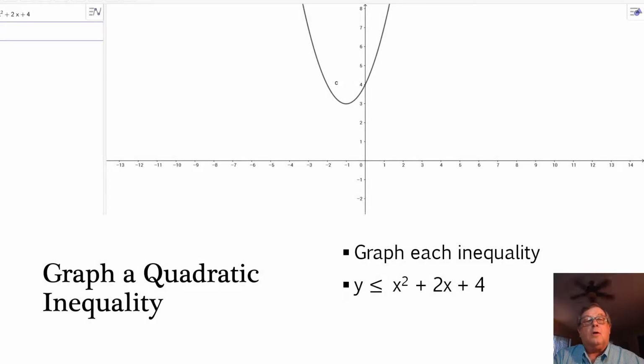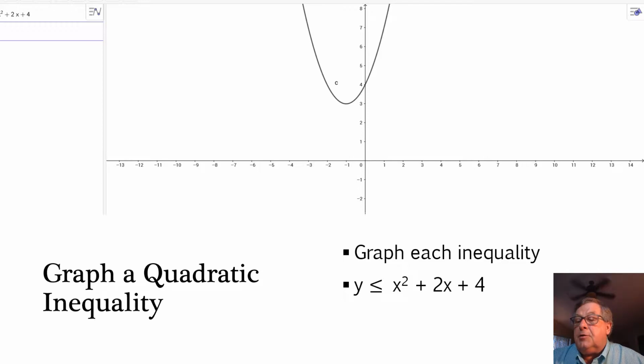It's the world of quadratic inequalities. And we start here by graphing an inequality, and a little bit later we'll use our TI calculator, which will do a lot of the work for us. I graphed this over in GeoGebra